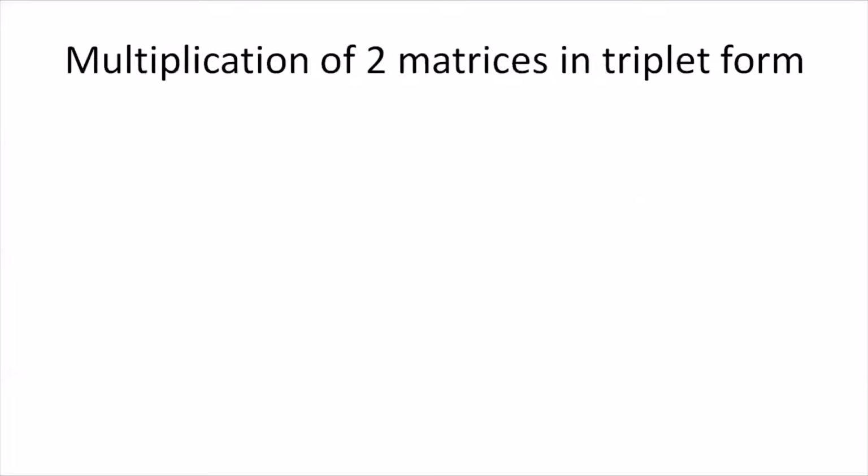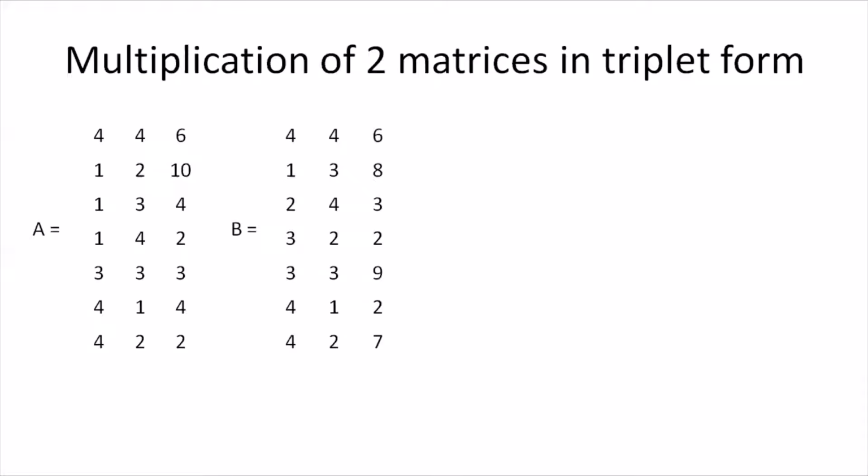Now let us see an example to understand what exactly the operation is. Say we have got a matrix A like this and a matrix B like this. Now let's find the transpose of the matrix B, that is B dash, and the sorted B dash matrix is going to look somewhat like this. Now we will traverse each and every row of the matrix A and B dash simultaneously. However, since the size of both the matrices A and B are 4 cross 4, we can say that the resulting matrix, even after matrix multiplication, will have the size 4 cross 4.